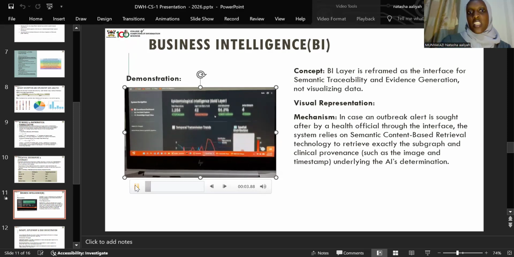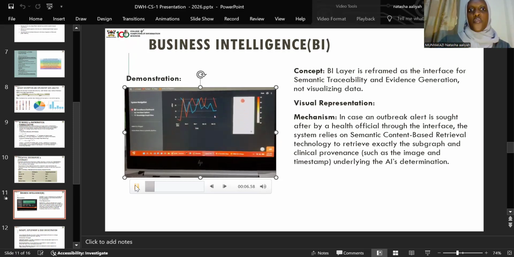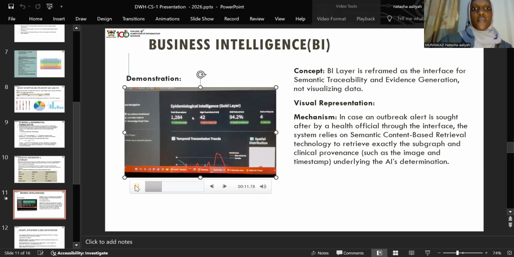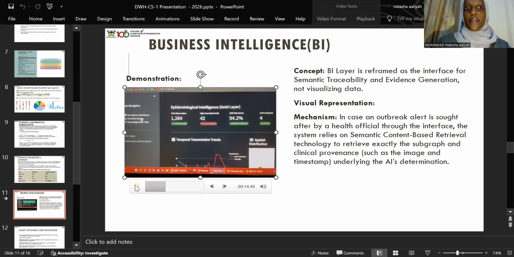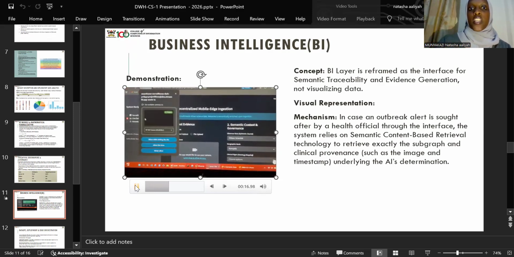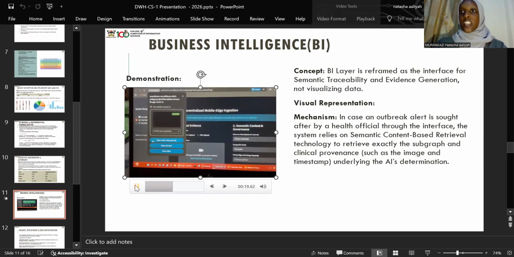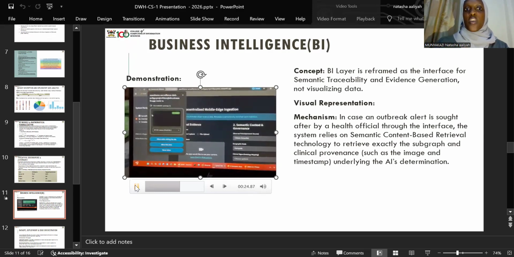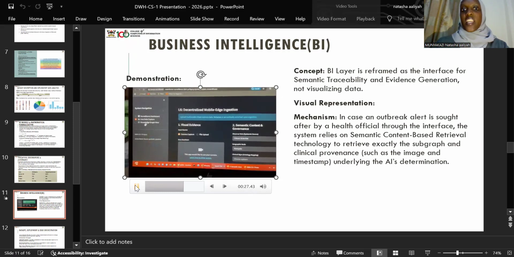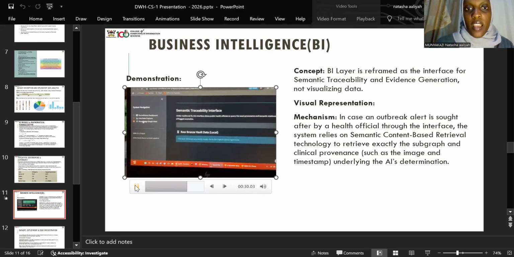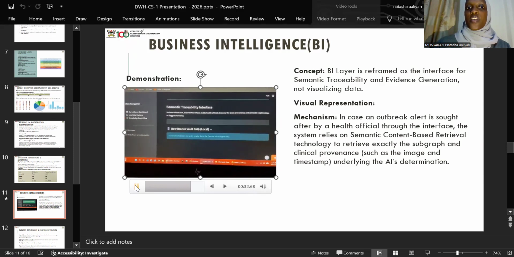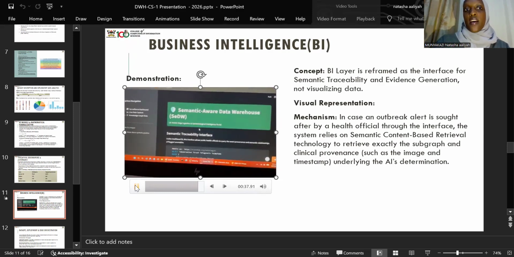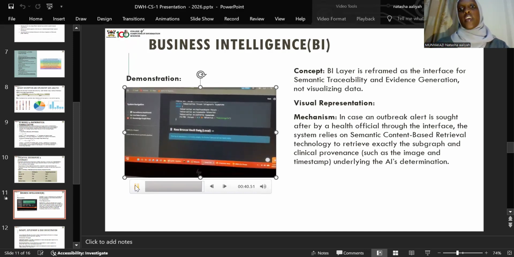It's showing the temporal transmission trends of the different districts over a period of time. Then when you go here, you can capture an image. You can either take a picture or you can upload. Let me say a clinician is the one taking this image. They upload it there. They can give the symptoms of what is happening and the region they are in, and that's it. It will show that it has already been stored. After it's stored, you can easily download it from the knowledge graph view.